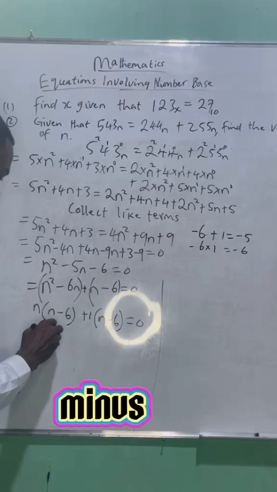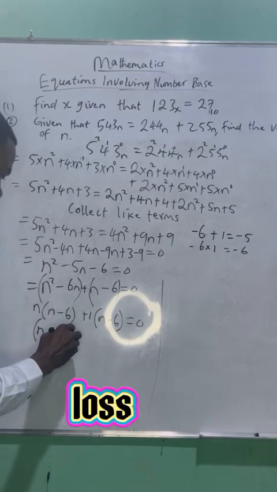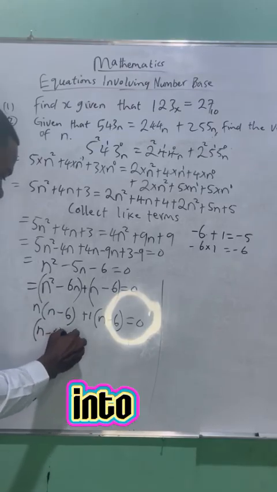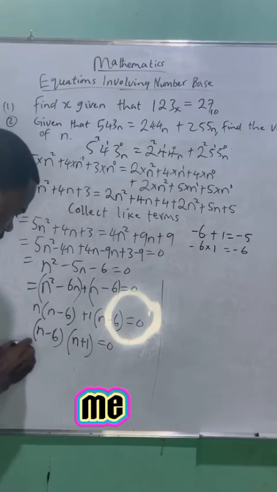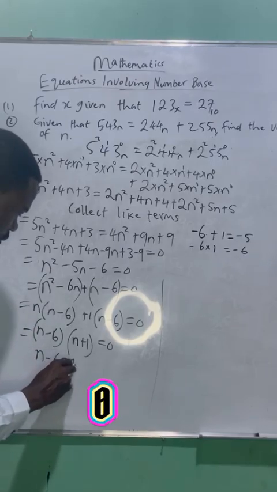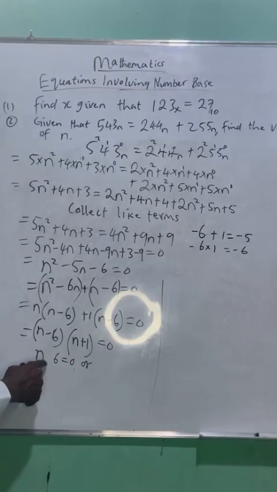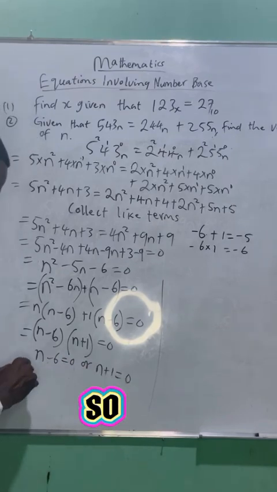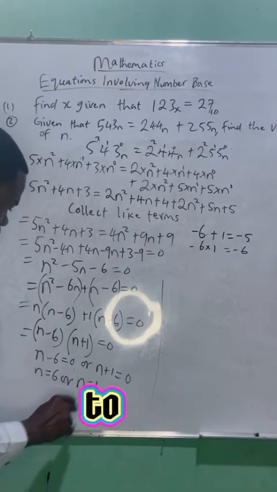So that n minus 6 into n plus 1 is equal to 0. And that will give me n minus 6 equal to 0, or n plus 1 equal to 0. So my n is equal to 6, or n is equal to